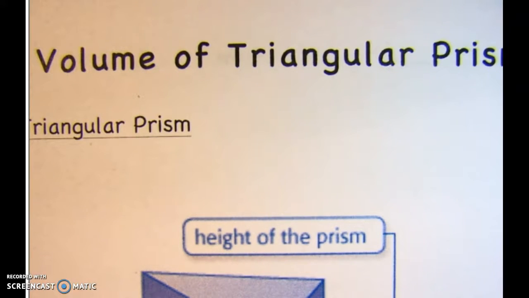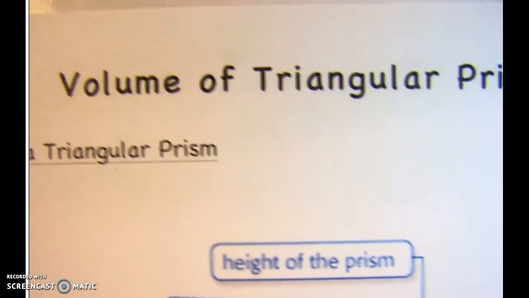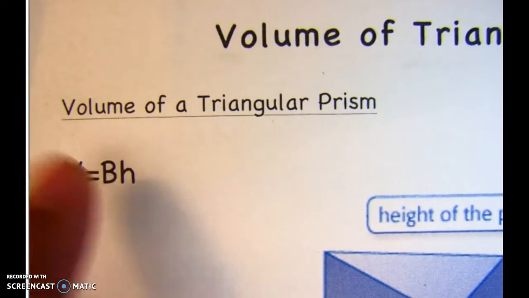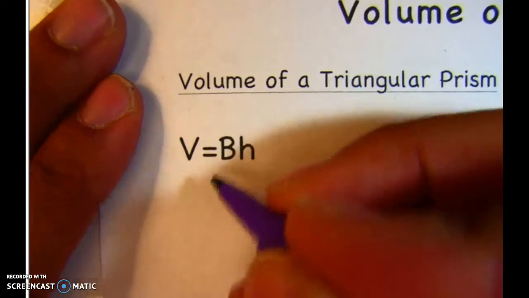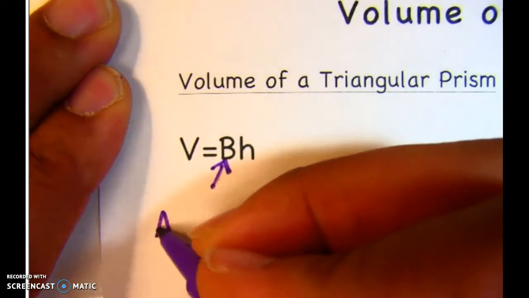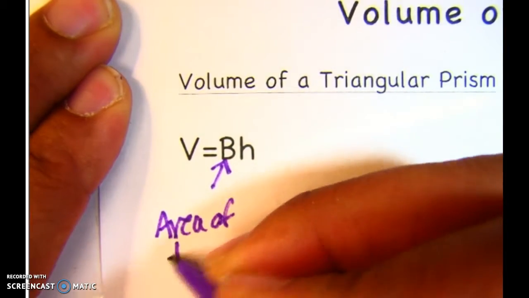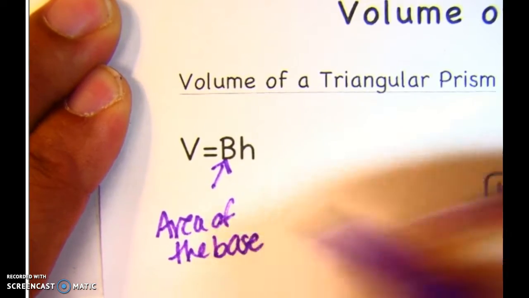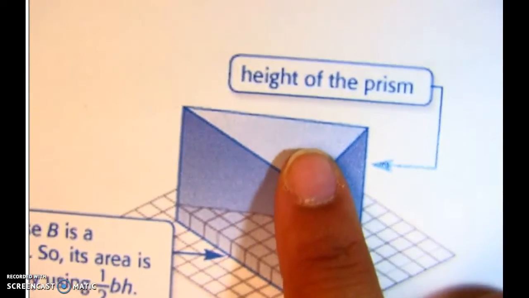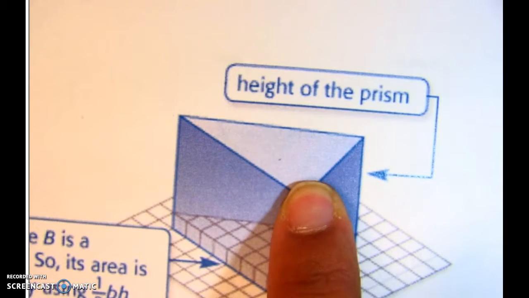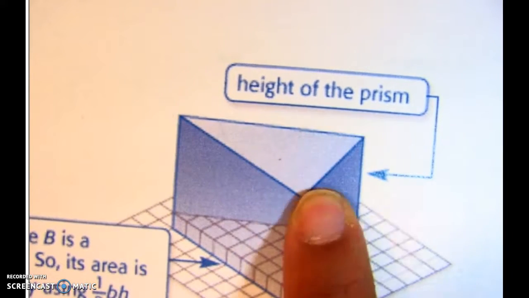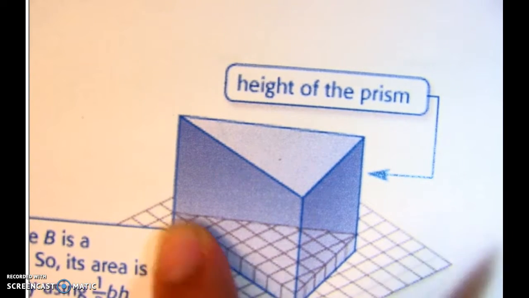Volume of triangular prisms. So whenever you want to find the volume of any prism, you're going to do the area of the base times the height. So this big B stands for the area of the base. So I'm talking about the base, I'm talking about these faces, like this is a triangular face, this is a